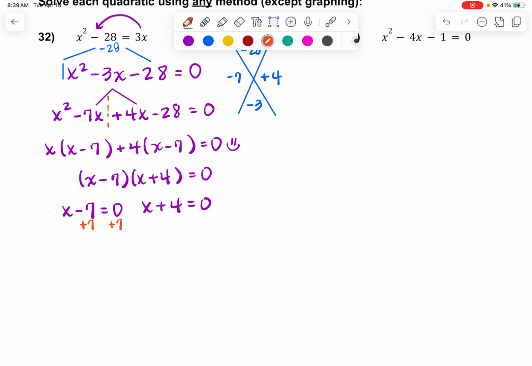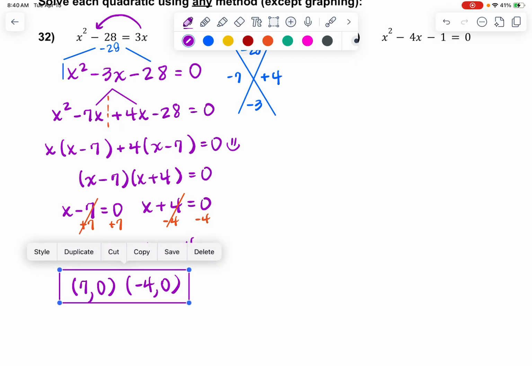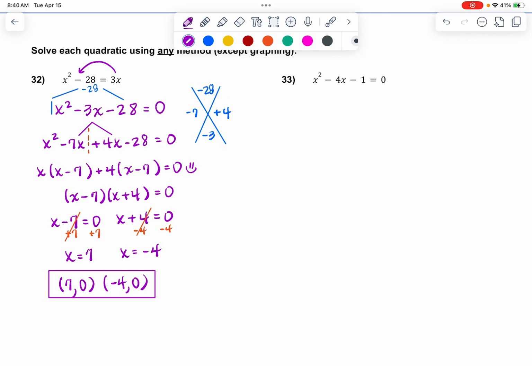So obviously all I need to do here is add the 7, and all I need to do over here is subtract the 4 over. So that's going to give us x equals 7 and x equals negative 4, which we're going to write as 7, 0 and negative 4, 0. And of course, you would have gotten the exact same 2 answers if you did the quadratic formula, right? Which probably isn't any shorter than that factoring method, right? So, all right, on number